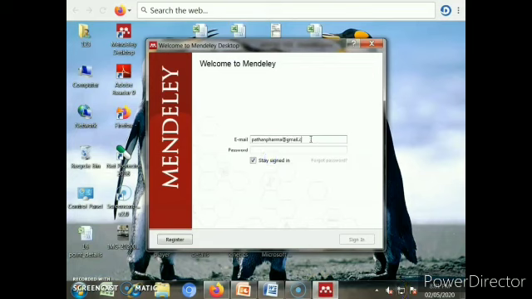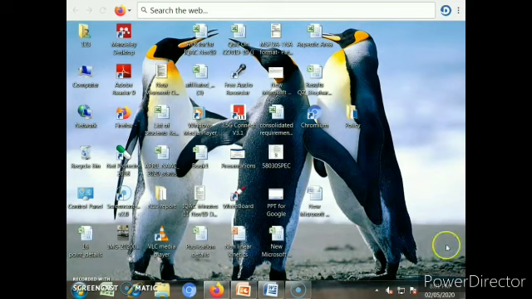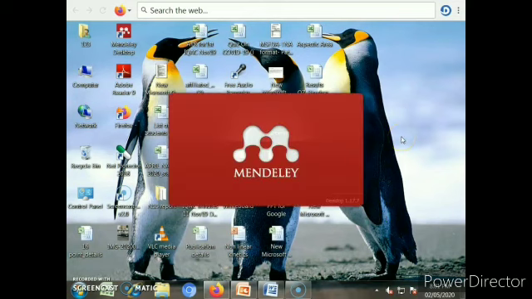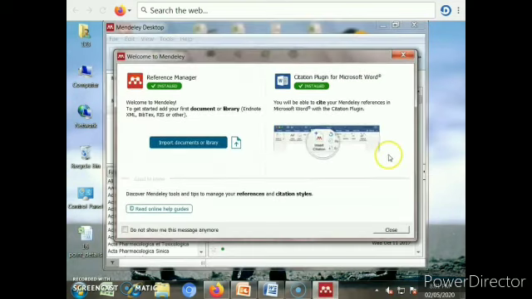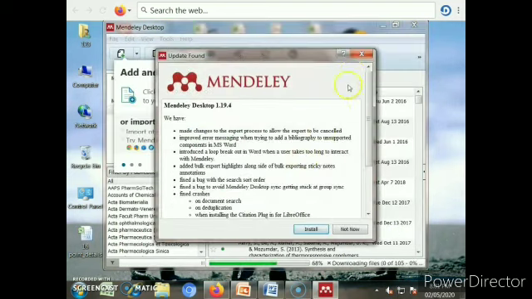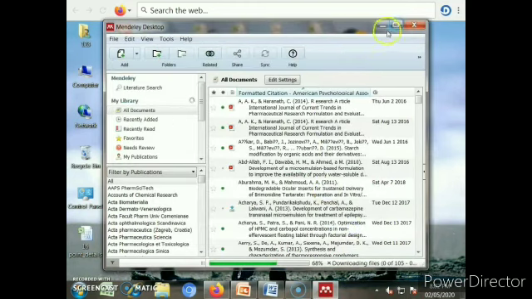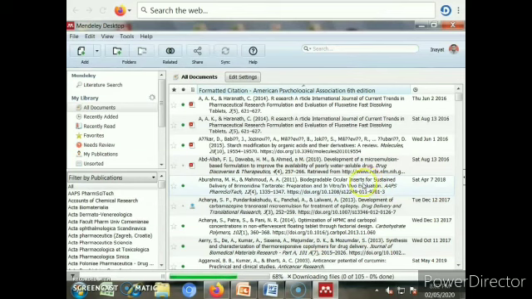Once you have added the password, you have to sign in to the Mendeley library. A window will open; you have to close that. Not now. In this way the Mendeley desktop will open.